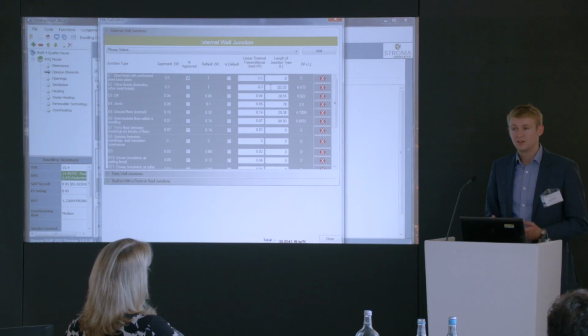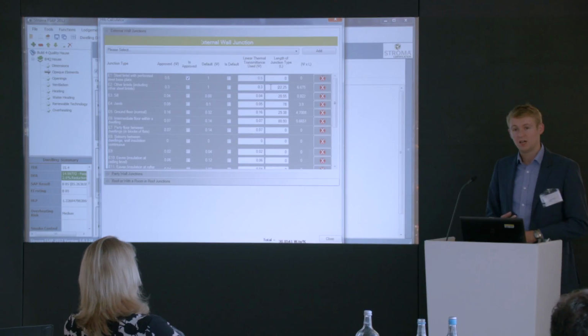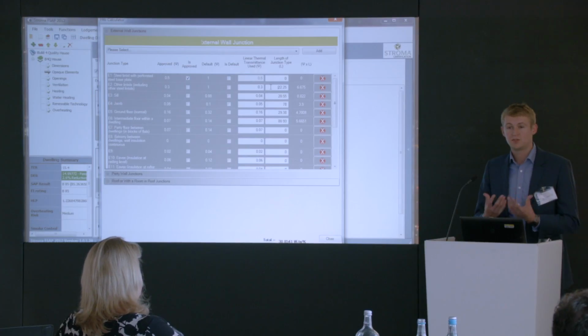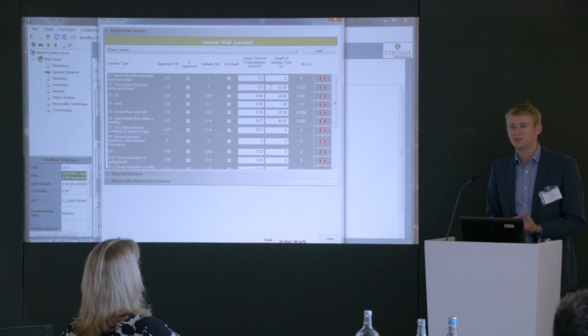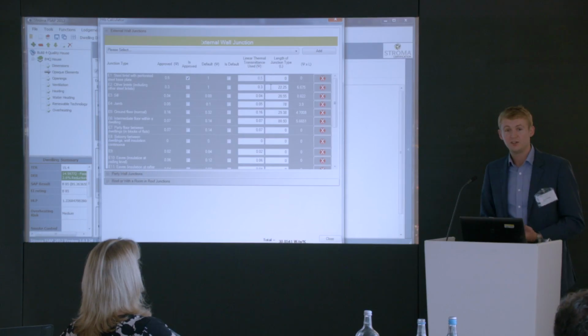What we do know is that there are some other details that are better than that. A lot of the time, if you actually go to the effort of modelling the detail yourself, you will show an improvement simply because the accredited details are a little bit conservative. Alternatively, you could take a completely different approach and have maybe split lintels, or you could have reinforced plastic lintels. Those are both options that would give you very low psi values. But let's just say if we calculated a psi value, and if we achieve something like 0.22, which is entirely achievable with a standard construction,